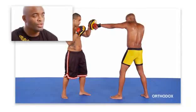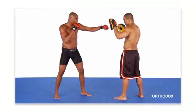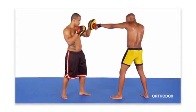The straight jab is one of the most important punches in mixed martial arts competition. It can be used to set up kicks, takedowns, and power punches. It can be used to close the distance between you and your opponent and establish a clinch. It's a phenomenal counterpunch, and it's also a phenomenal tool for preventing your opponent from bull rushing into your comfort